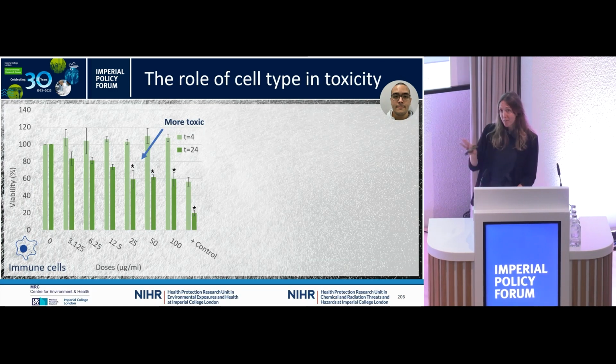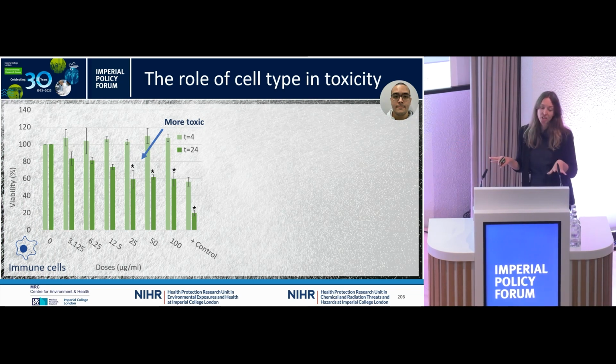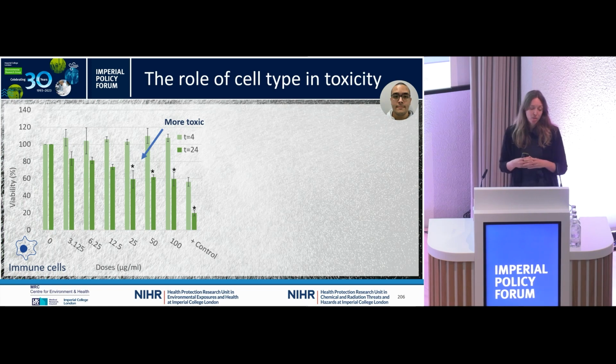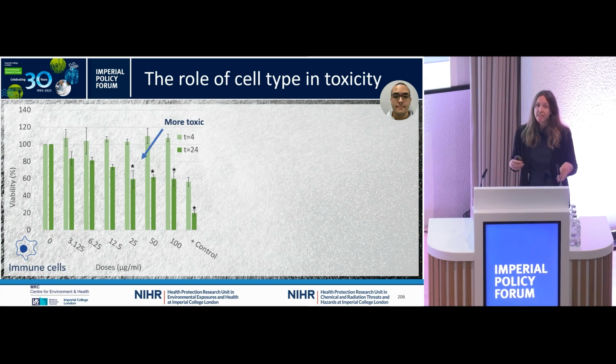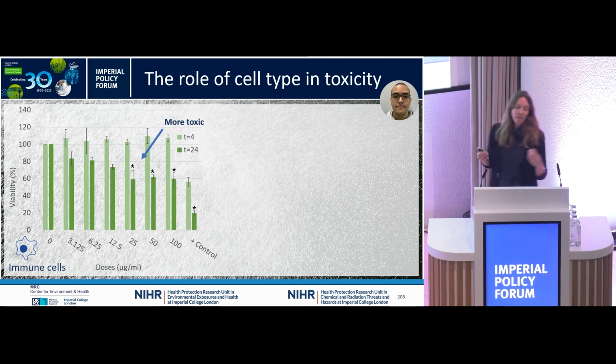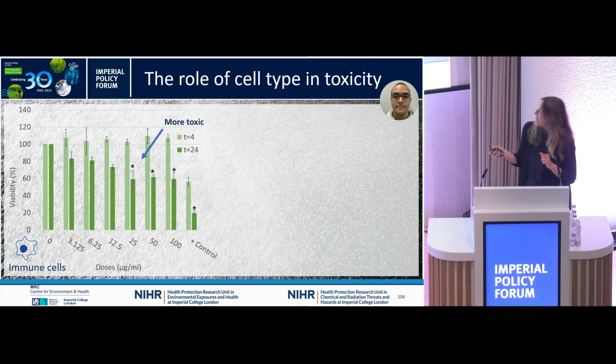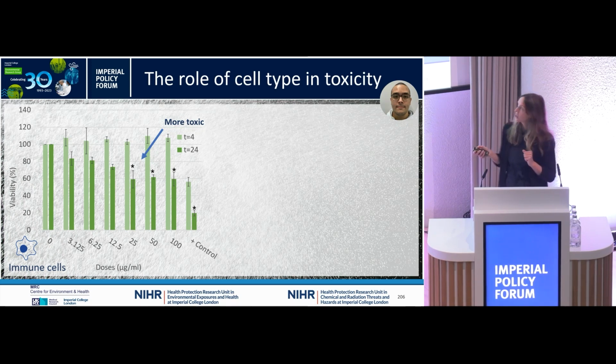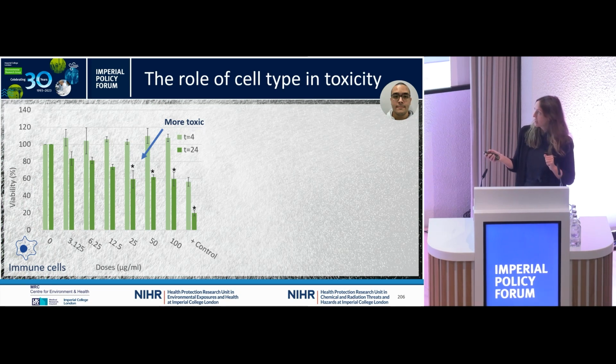So I'm just going to show some very preliminary data. This is from Erica's PhD, and it's really just the start of the next 2 years of research. But essentially, we've started looking at that panel of microplastics in a couple of different cell lines and asking the question, is there any difference at all in terms of toxicity? So here, this is the data for an immune cell line. This is a measure of cell viability, which we could just, I guess, interpret as a metric of cell health overall. And we've got 2 time points, the light bars being 4 hours and the darker bars being 24-hour exposures to these different concentrations along the bottom.